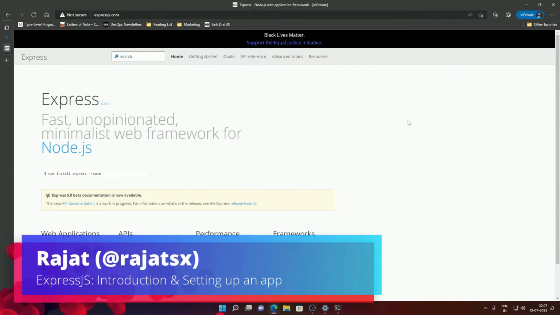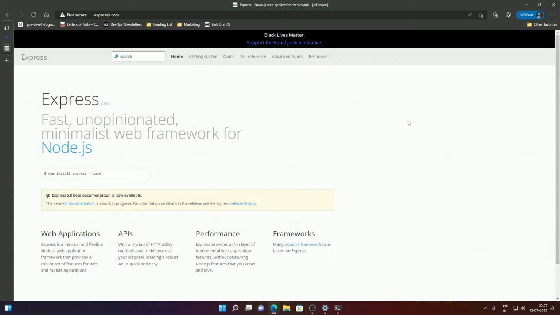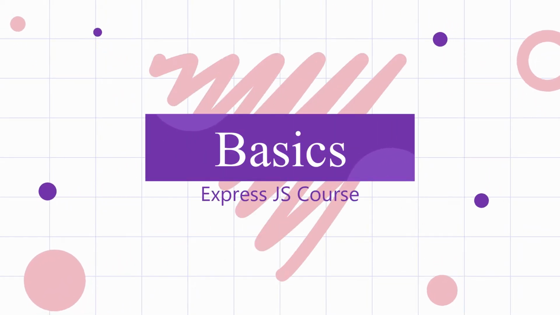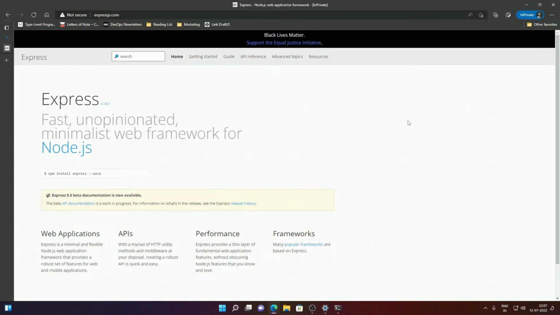In today's video, I'm going to teach you about Express.js. So Express.js is a framework to build web applications using Node.js. It is a very minimalistic framework and it is a choice of the masses. A lot of developers out there use this framework every single day to deliver fast and efficient APIs and web